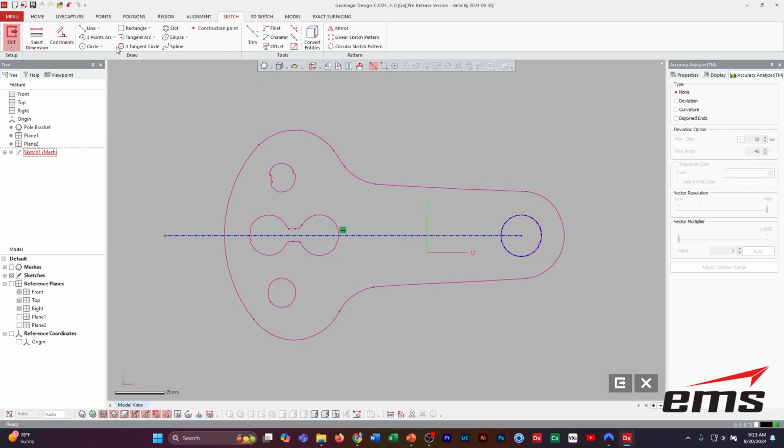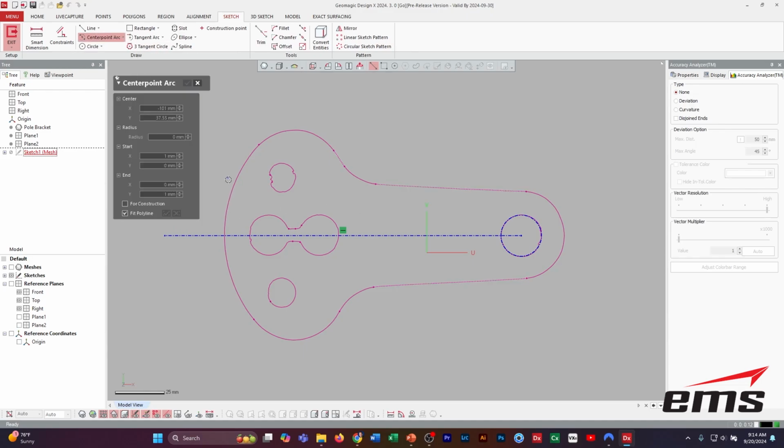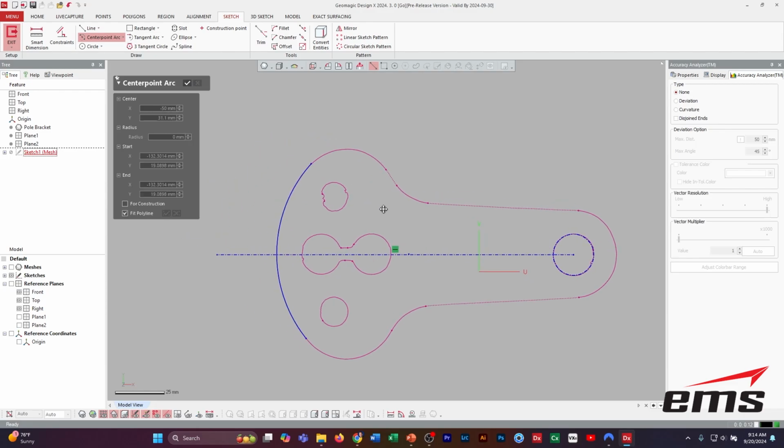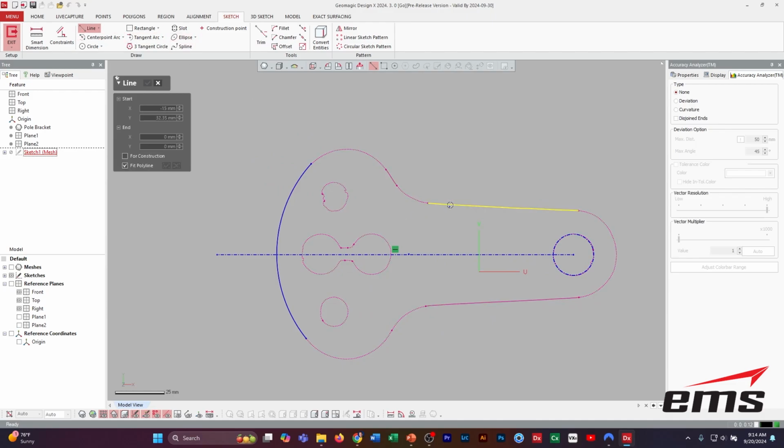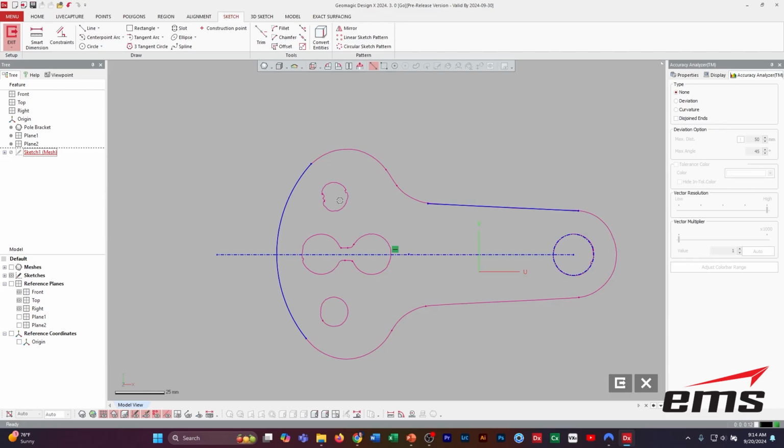So you're going to want to fit lines, arcs, splines, fillets, etc. So where do we start? Well, let's start over here. And I'm going to do what's called a center point arc. And you see when I pick this segment, okay, it's going to fit an arc through it. Okay, that looks pretty good. And then let's do a line. I'll pick this one here and fit. And again,